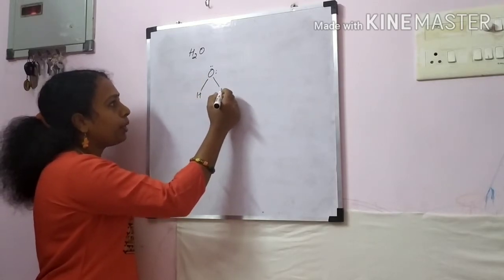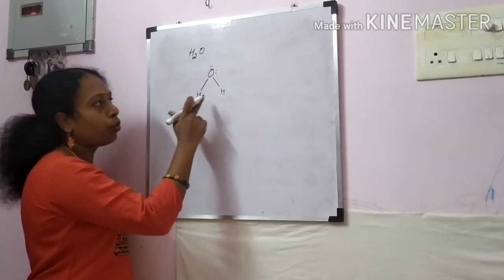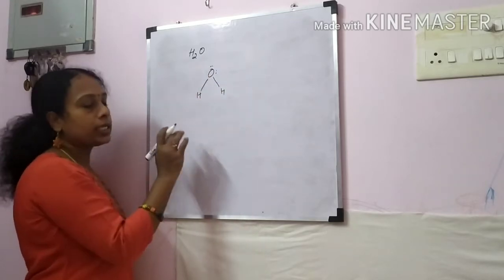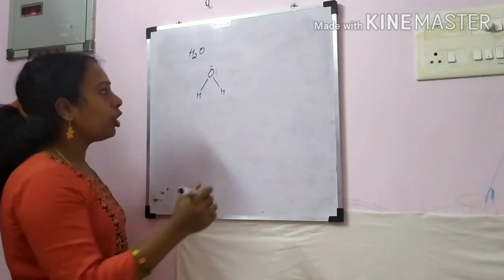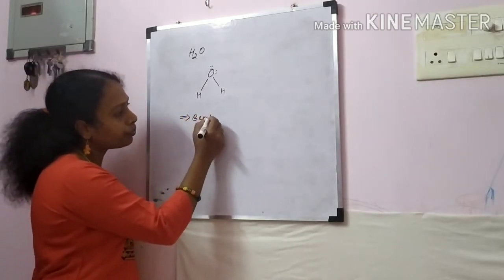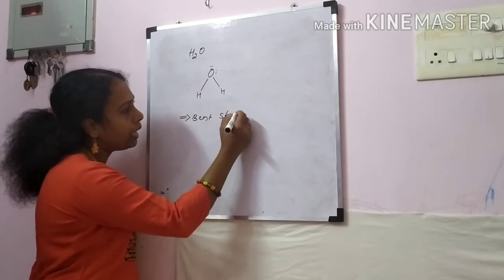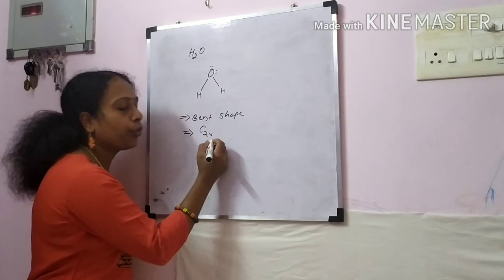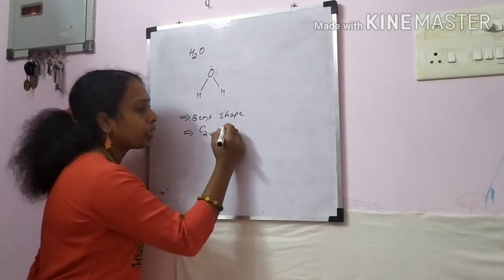So two bond pairs are there. Two bonds form with hydrogen and two lone pairs are present. If two bond pairs and two lone pairs are present, the molecule will be a bent shape molecule. The shape will be bent, and this belongs to the C2V point group, and the symmetry operations are